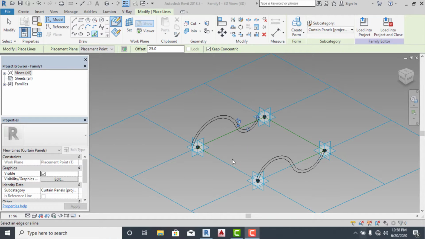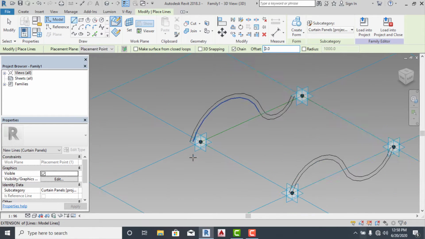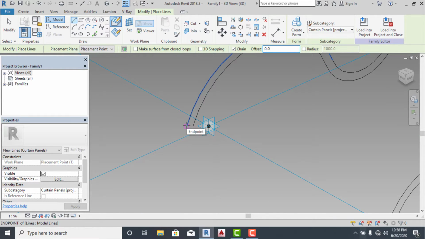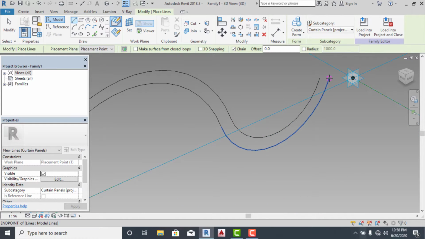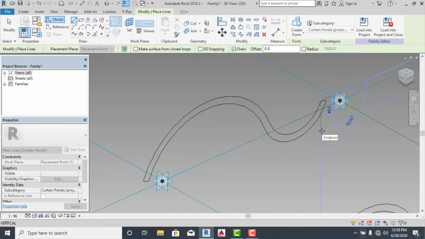The next thing to do is to close our loop. Always remember to go bottom to top and from top to bottom in order for Revit to understand that this is a loop. So go to your line, click on it, and always remember to change this back to 0. After changing it back to 0, let's close our loop from top to bottom or bottom to top, either way. So click on Escape. Let's close this other part. This is from bottom to top. So we've closed this loop.